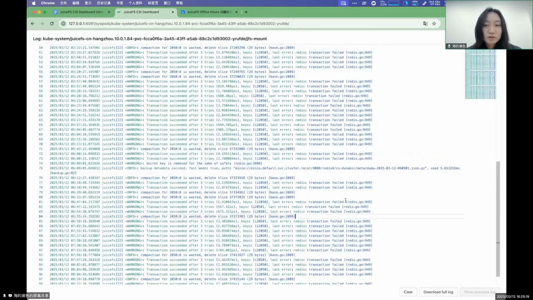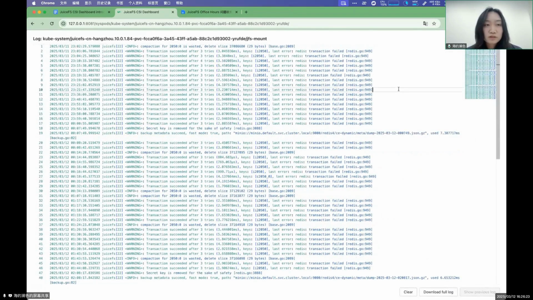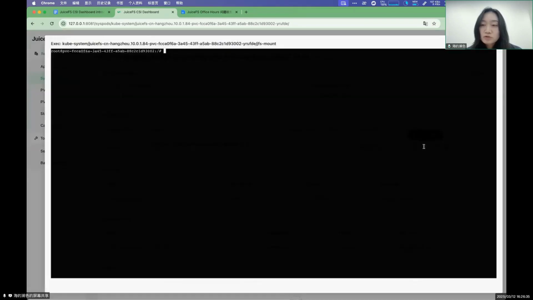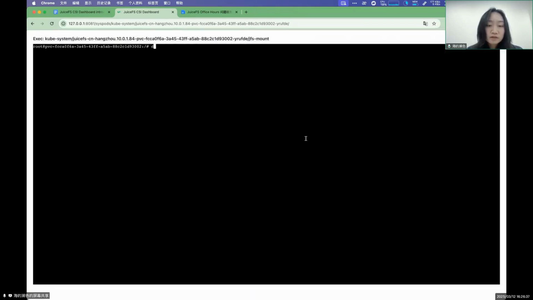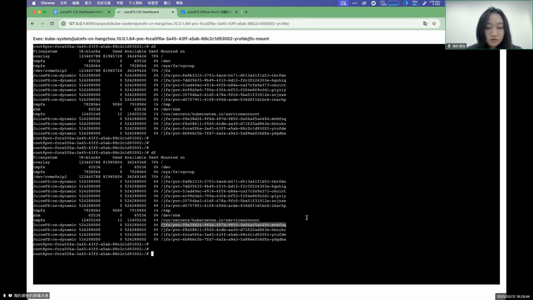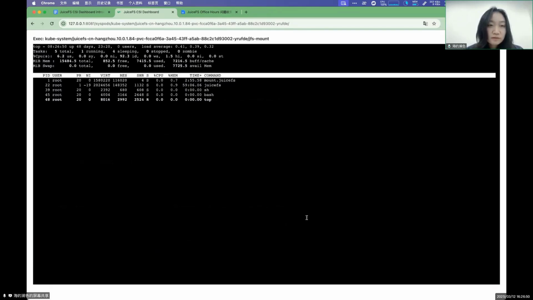One is to view its logs, which only displays about the last 100 lines of logs. If you want to see the complete log, you can download it. The second option allows you to exec into the container to run commands. For example, you can run df to check the mount points, or you can check its CPU usage and collect